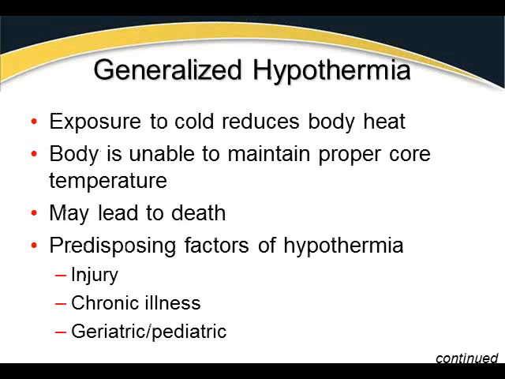So generalized hypothermia. This is exposure to cold that reduces the body's core heat, and the body's unable to maintain a proper core temperature. It does occasionally lead to death, and then there are a number of predisposing factors for hypothermia. If you have somebody who's injured, somebody who has chronic illnesses, under the influence of drug and alcohol, geriatrics and pediatric patients, they're not as well suited as the strong, healthy adult to deal with